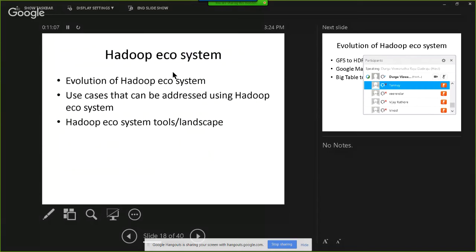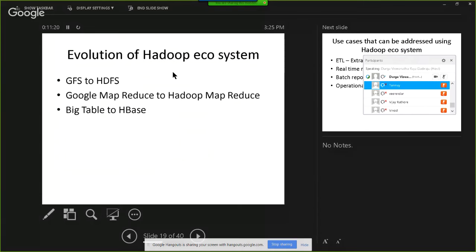Okay, evolution of the Hadoop ecosystem. So now we will talk about the Hadoop ecosystem. We have seen what the current trends are, and we have got into the big data ecosystem. Now we are getting into Hadoop. As I have mentioned to you earlier, Google is the main company which started the concept of big data, because the volume they are trying to process